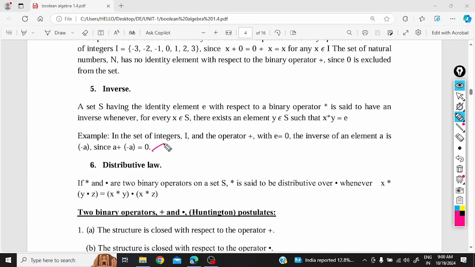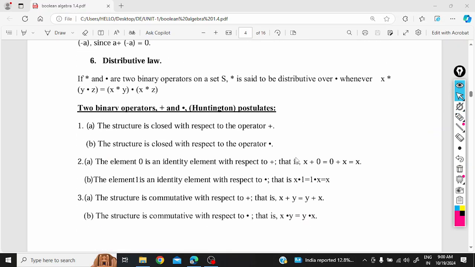Now you can see in the set of integers I, the operator plus with e equal to 0, and the inverse of an element a is always minus a. So a plus of minus a will definitely give us 0 here. Distributive law: x dot of (y plus z) is equal to (x dot y) plus (x dot z). So these are the different types of laws present with respect to the operators which we are using in between the